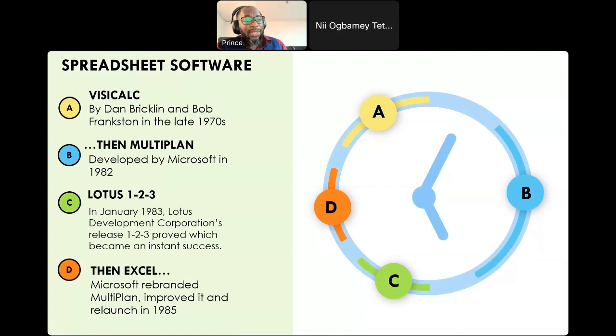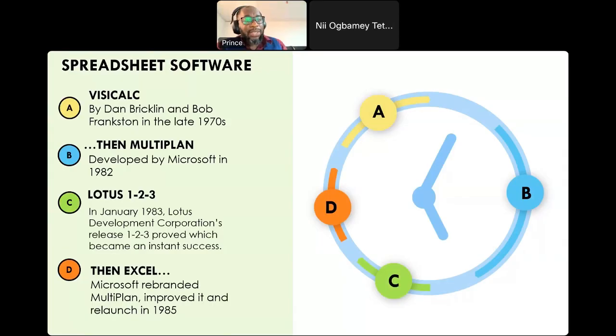And they were trying to come up with something new, something out of the ordinary, but unfortunately, it didn't work well. So Multiplan failed miserably in 1982. Around the same time, other organizations were trying to come up with spreadsheets. So we had Quattro Pro and the rest.